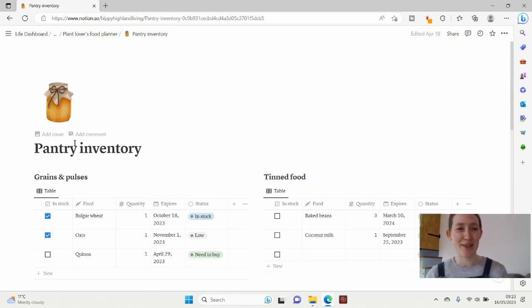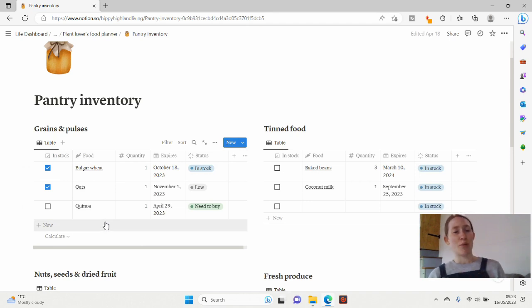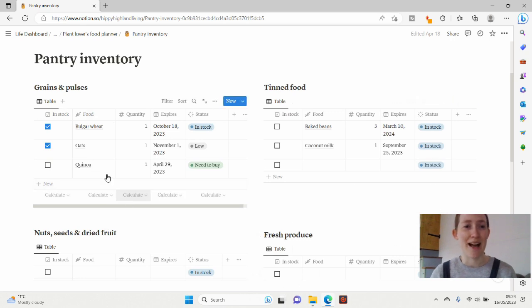You don't have to use all of these pages, but this is essentially lots of little databases, and I split it up into different headings where you can keep an eye on what you've got already in your pantry. And again, because you can use this on your phone, that's quite useful. Sometimes when I'm out shopping, I can't quite remember if I've got something, so I can easily just check this way. And I've got the food items, quantities, when it expires, so that's quite useful to just check on to make sure that nothing expires and you don't get any food waste that way.